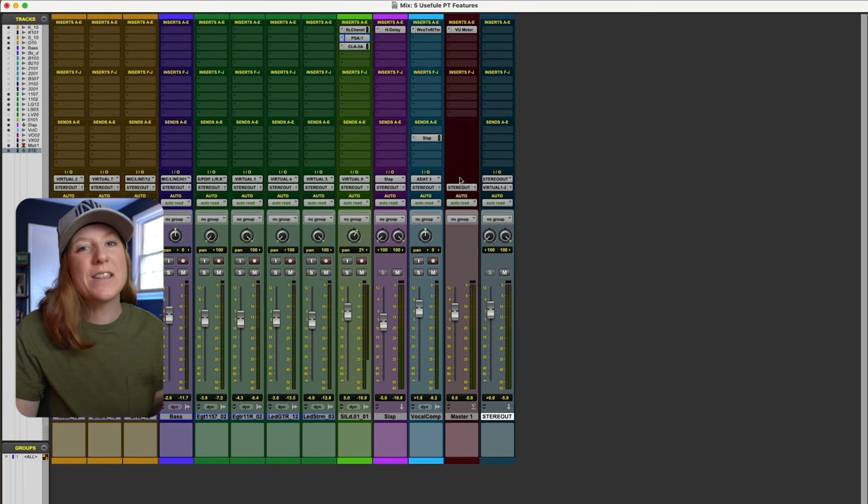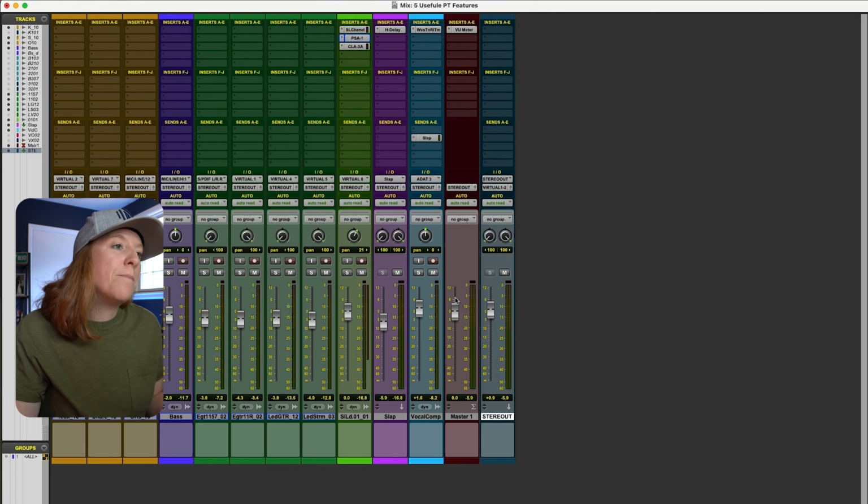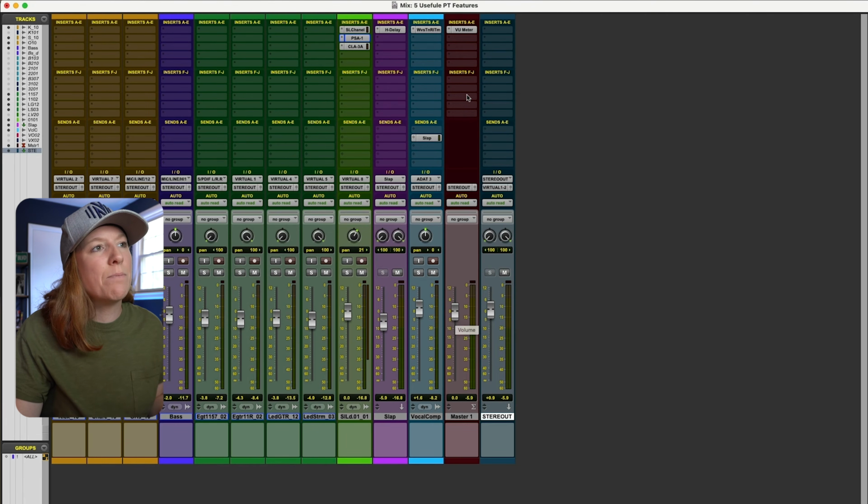Third on our list is the master fader, except I don't use the master fader as a master fader. Let me show you what I'm talking about. Master faders are a little bit different in Pro Tools and maybe in other DAWs that I'm just not familiar with, but on a master fader in Pro Tools, everything is considered post fader, meaning any plugin that I put